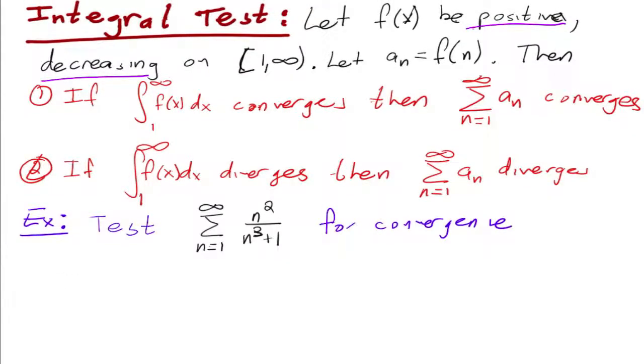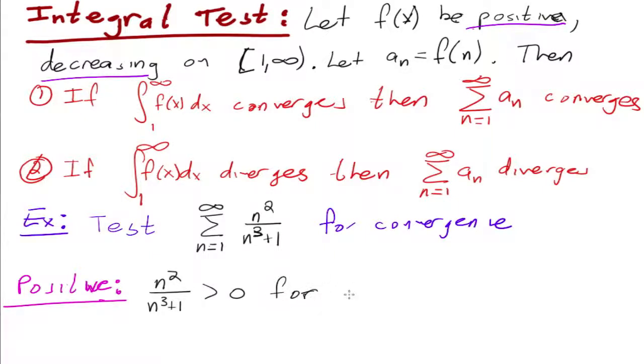So let's check to make sure that it's positive. What do you guys think about the sequence n squared over n cubed plus 1? It's always positive for n greater than or equal to 1, right? This one is obvious: the top's positive, the bottom's positive, so that's okay. Now, decreasing